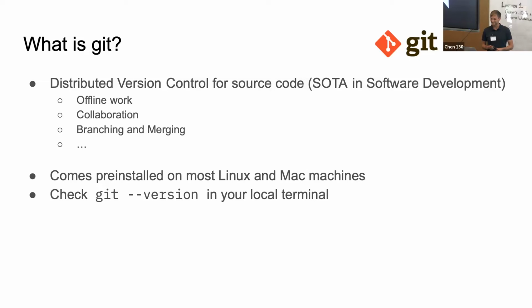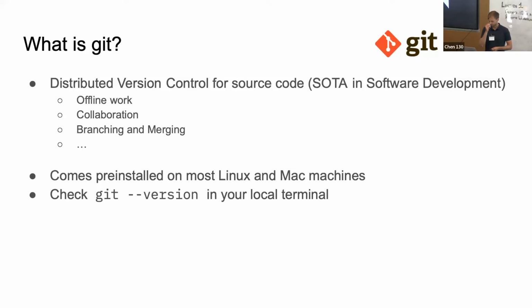So what is Git? Git is the state of the art for version control in any kind of software and any kind of source code. And it is a distributed version control system, which means you don't need a centralized cloud drive where you need to sync in real time if you do changes, but you can easily work offline and you can then sync once you're online again. It enables collaboration between different people and things like branching and merging, which means you create different versions of your code base and